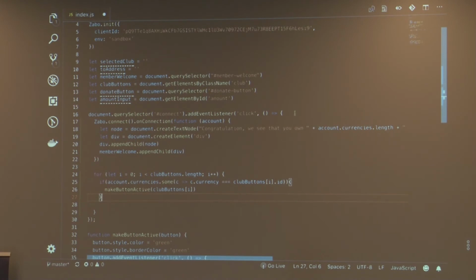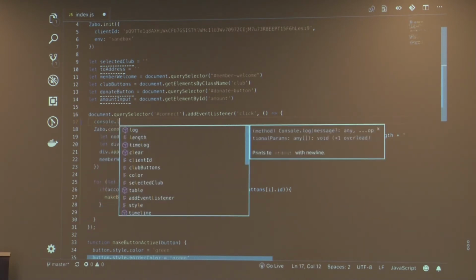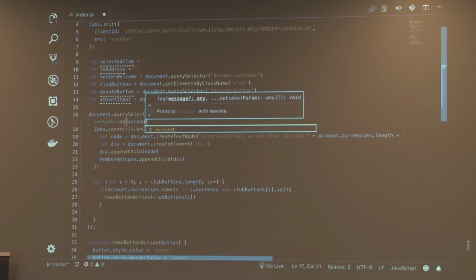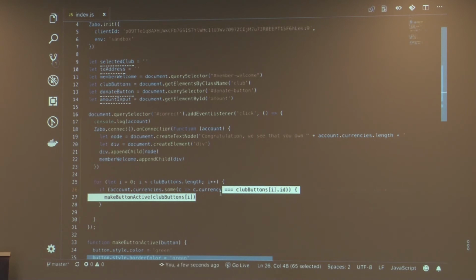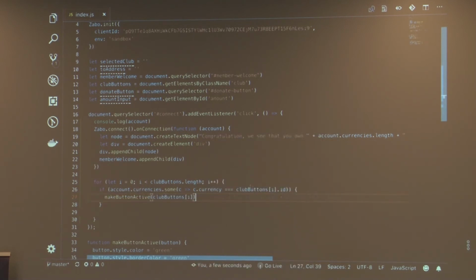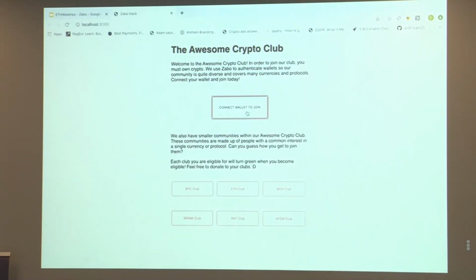And I'll go ahead and log this so we can see it on the next one. I believe that's what we need to do. So what we're doing now is we're iterating through the account currencies. We're seeing if one of the currencies matches one of the button's IDs, and if it does, we're going to make that button active. So we can go back through,